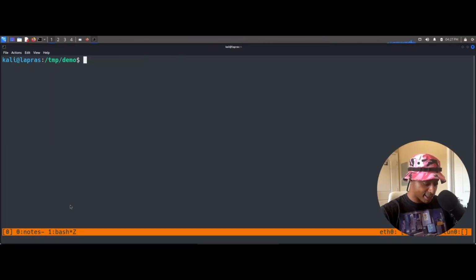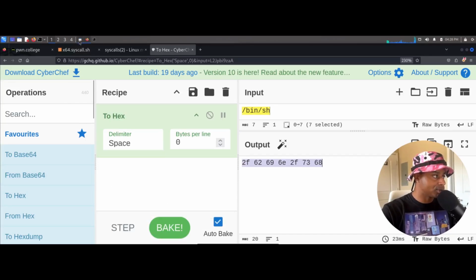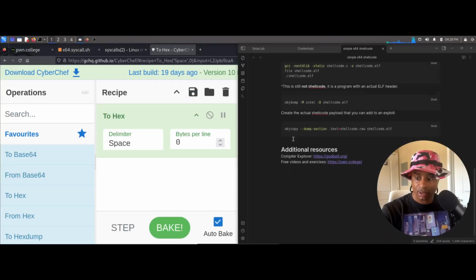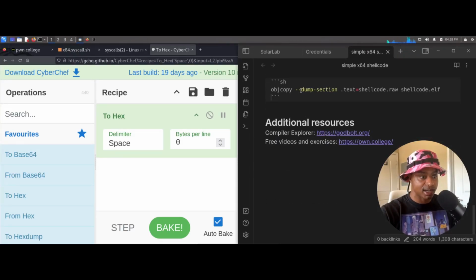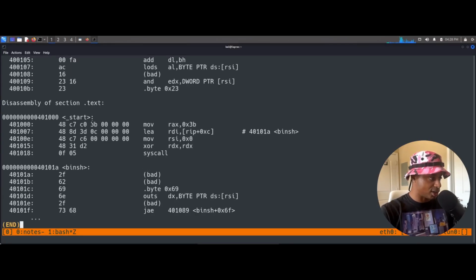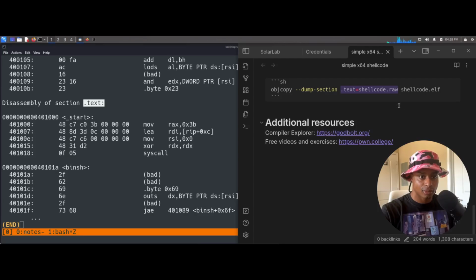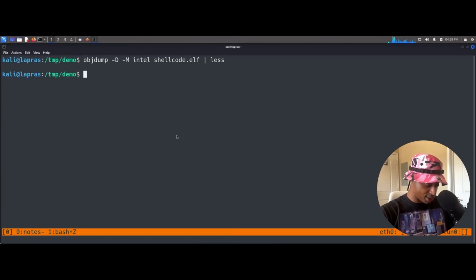So if we want to extract that, we can with something called objcopy. We're going to do dash dump section. And I need to refer to my notes because I forget how the rest of the command goes. There we go. So we want objcopy dump section, just the text section that we saw here. We want just the text, and we're going to call that shellcode.raw. So let's grab this and just paste it in. Why not? Now if I do an ls -l on shellcode,